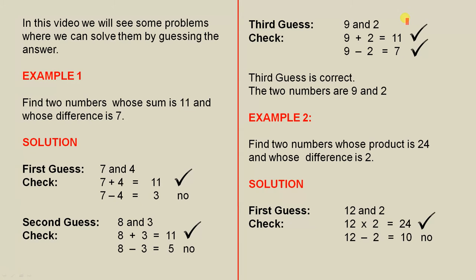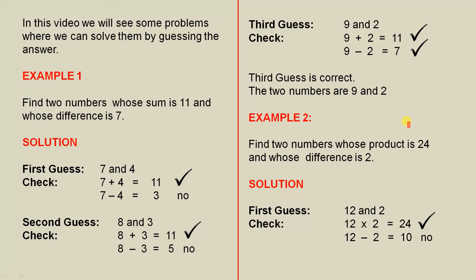Third guess. 9 and 2. 9 plus 2 is 11. 9 take away 2 is 7. That's exactly what the problem is asking, so the third guess is correct, so the two numbers are 9 and 2. Example 2. Find two numbers whose product is 24